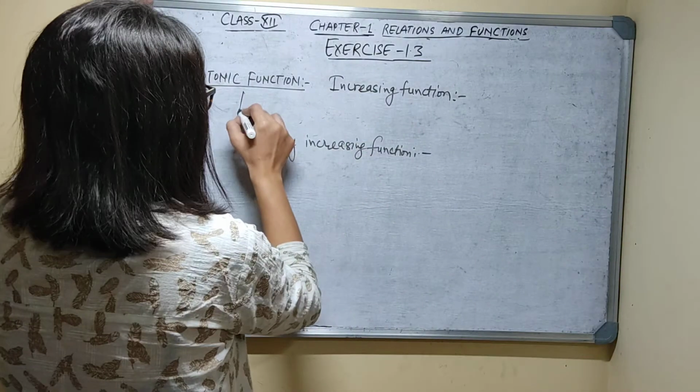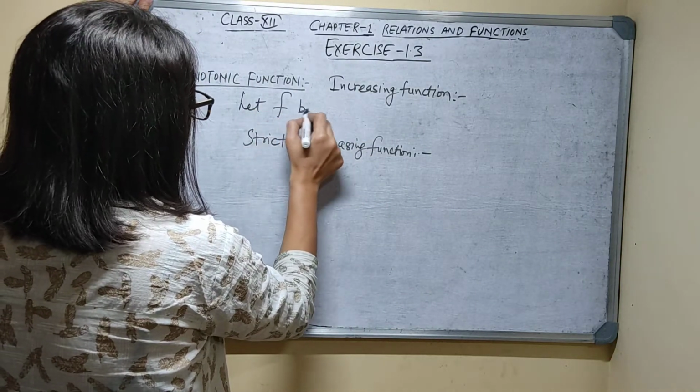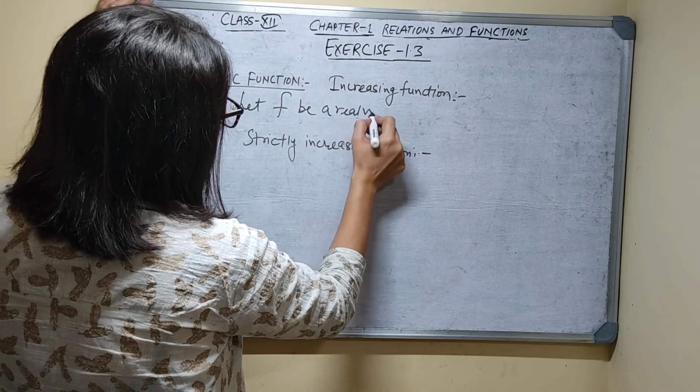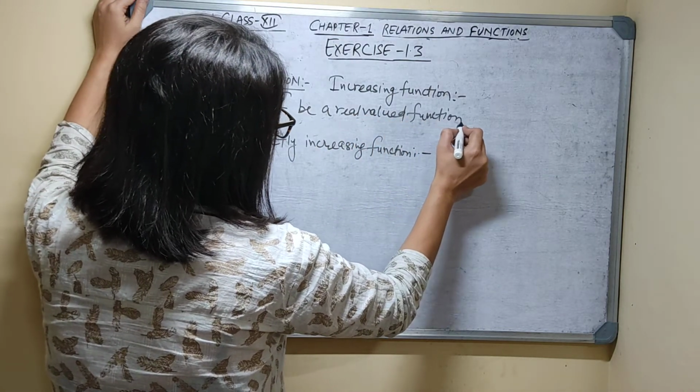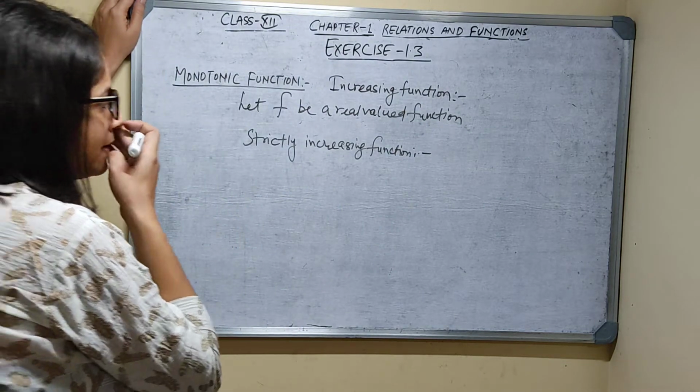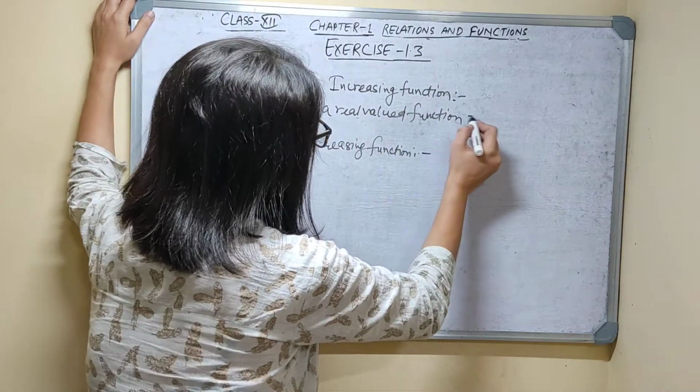Let function f be a real valued function. These all we are learning for a real valued function. Real valued function means what? Domain and codomain is real number. Let f be a real valued function. Then